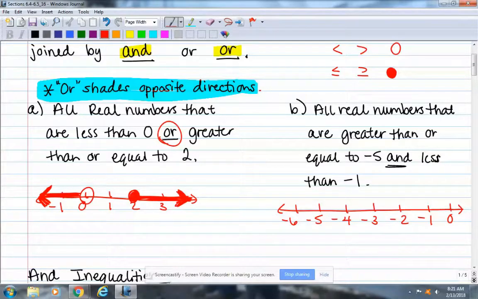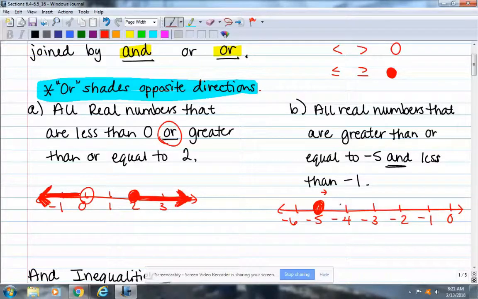All right, this time it says greater than or equal to -5. So do you think -5 is going to have an open circle or a closed circle? Closed, because it said or equal to. And this one, where will we shade for greater than? To the right. I'm just going to put a little arrow here. And it says and